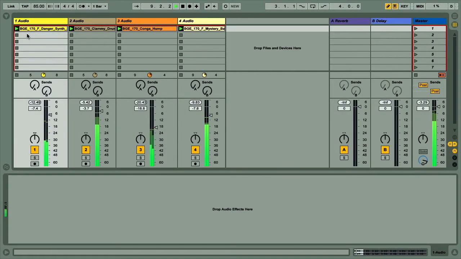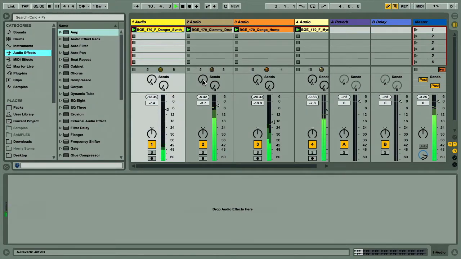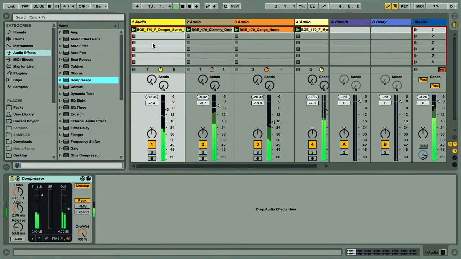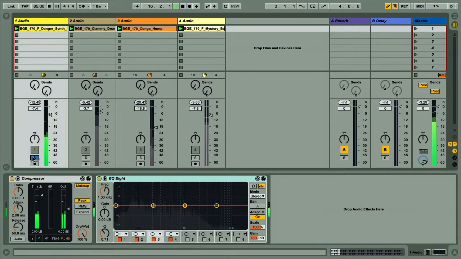To start with then, there are two main ways to use an effect, as an insert or a send effect. Typically, an insert effect is added directly to a track, so processes the entire signal on the track, which you would want to do, for example, when getting control over the dynamics with a compressor, or the frequencies with an EQ or filter. So with this loop then,